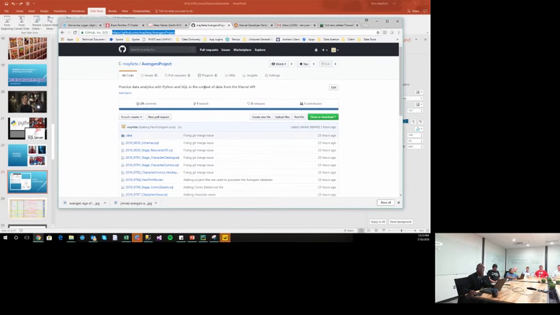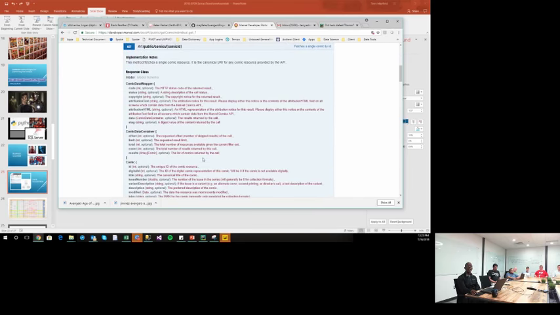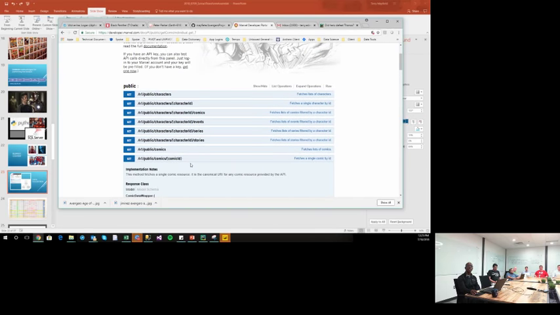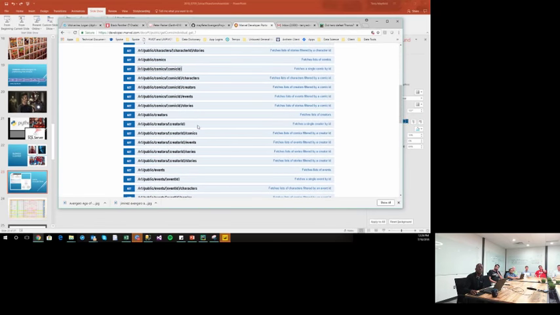One really awesome thing is that Marvel has a great developer portal where we can get all kinds of information on different characters and comic books and series and all kinds of things related to the Marvel universe. In order to do our research, we could go out and buy 274 comic books that feature Thanos, but that's not realistic. Each one's going to cost about $15, so that's very expensive. Instead, we can just mine this developer website and pull the information, so we have access to it all.